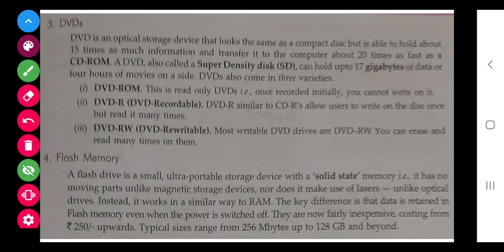Similarly, different DVD drives, DVD is also available. The only difference is the storage. It can hold more data than CDs. And next is the flash drive. It is also a type of CD only, but it can store much more than the DVD.